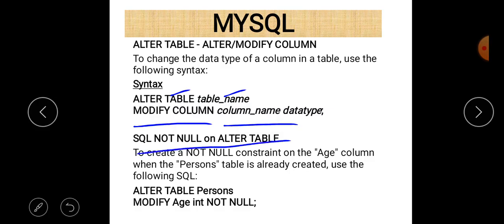To create a not null constraint on the age column when the persons table is already created, we use the following syntax, as you can see on the screen: alter table persons modify age int not null. So we write the constraint just after the data type of a particular column. Look at this point.